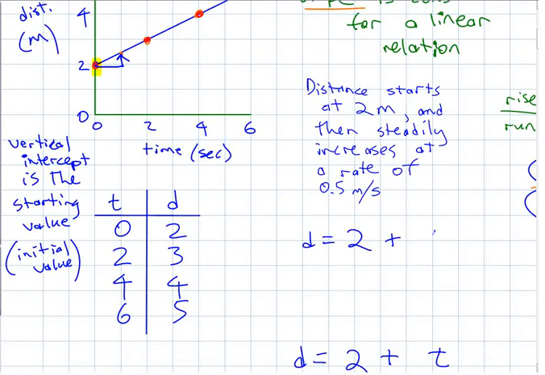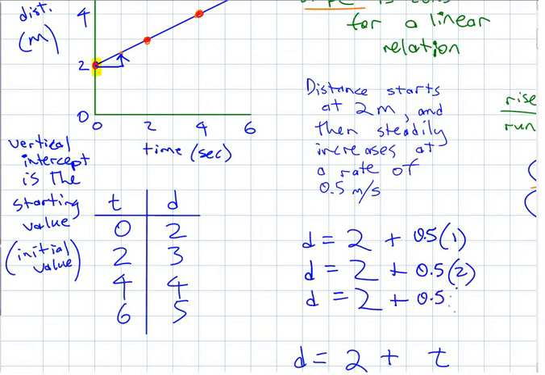0.5. So I'm going to say I've added on 0.5 times 1. After 2 seconds, how much have I added on? 0.5 times 2, right? After 3 seconds, you're getting the hang of this now, 0.5 times 3. Let's jump ahead to 10. After 10 seconds, how much have I added on? If I take 0.5 and times it by 10, that's going to give me how much I've added on,